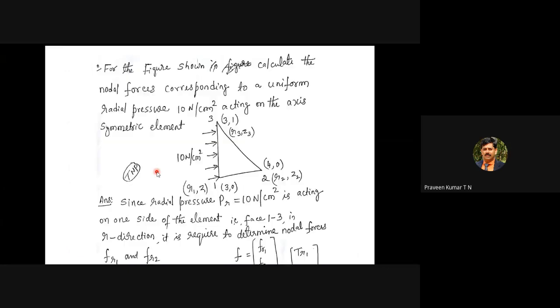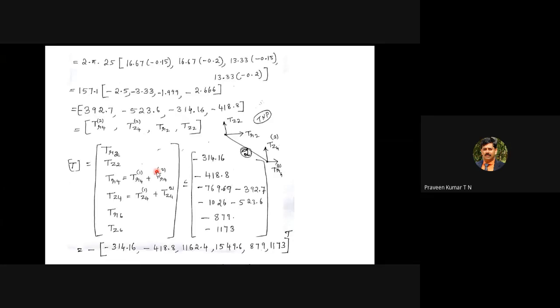So there is one more problem. Here the traction force is initially a UDL. The UDL is acting in the inclined direction. That UDL is resolved into two components, one acting along the Z direction and one more acting along the radial direction. We have resolved the forces along the radial direction as well as the Z direction.